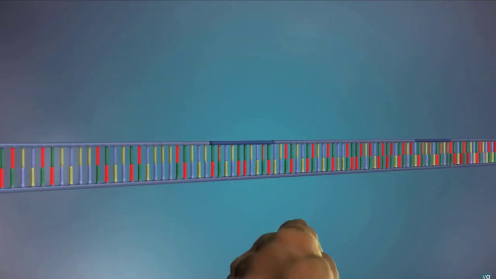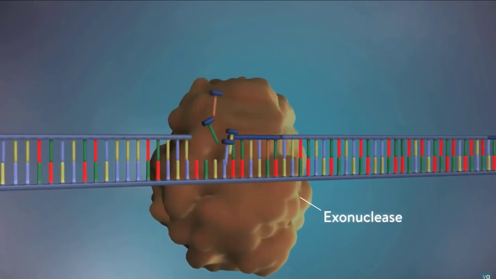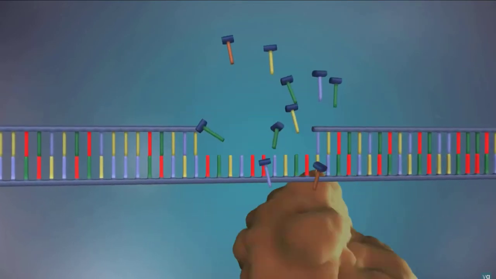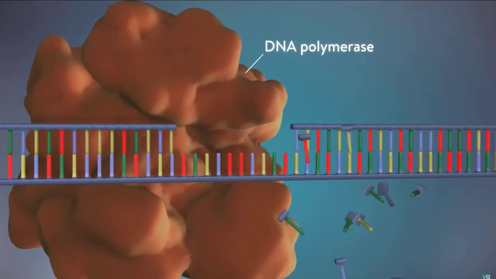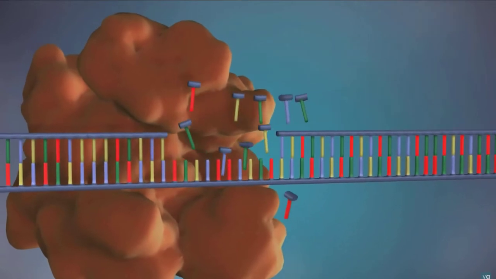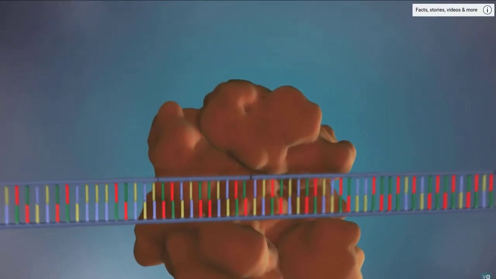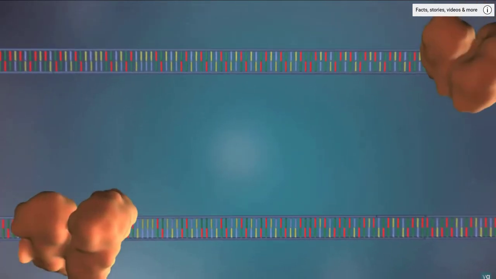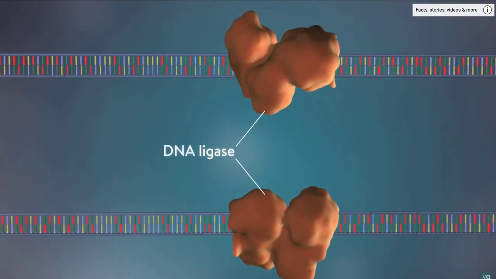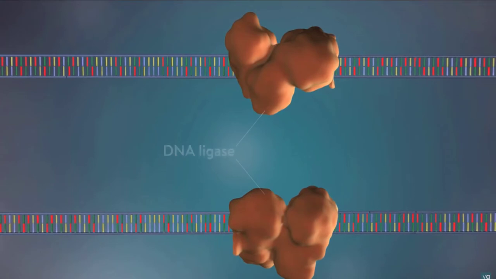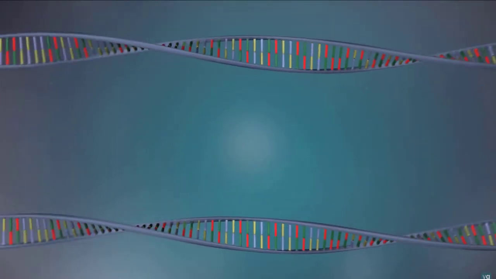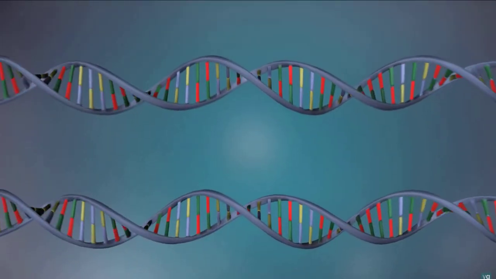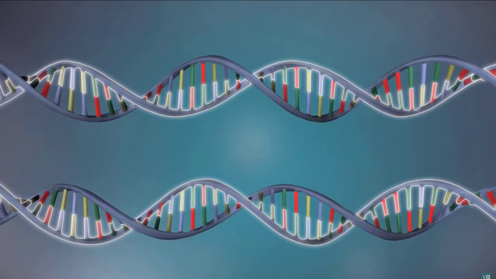Once the new DNA has been made, the enzyme exonuclease removes all the RNA primers from both strands of DNA. Another DNA polymerase enzyme then fills in the gaps that are left behind with DNA. Finally, the enzyme DNA ligase seals up the fragments of DNA in both strands to form a continuous double strand. DNA replication is described as semi-conservative because each DNA molecule is made up of one old, conserved strand of DNA